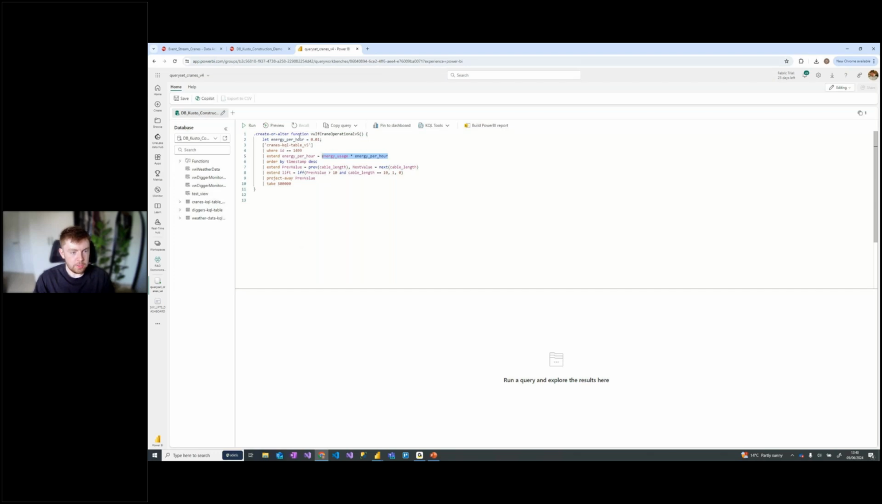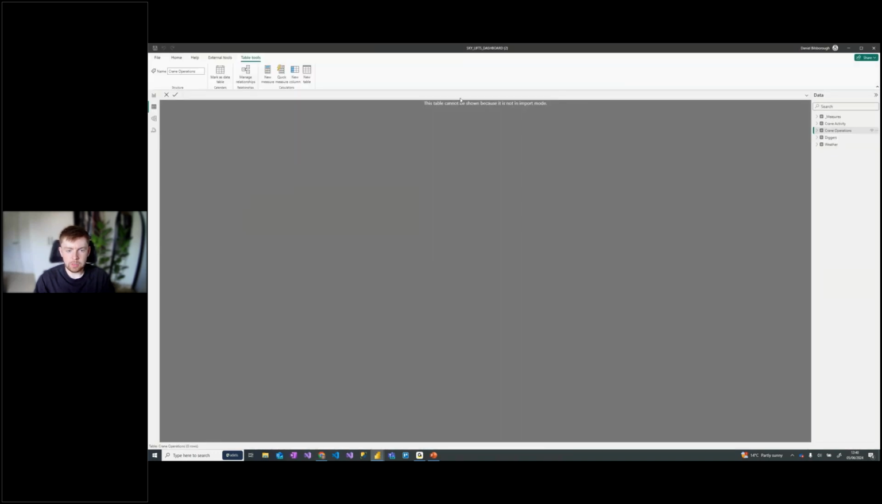So this effectively is a function, but it's really acting like a view. If I then go to our semantic model, you can see we've got an error saying the table can't be shown because it's in import mode. That's not quite correct, because if you look over here, you can see that the storage mode is actually DirectQuery,